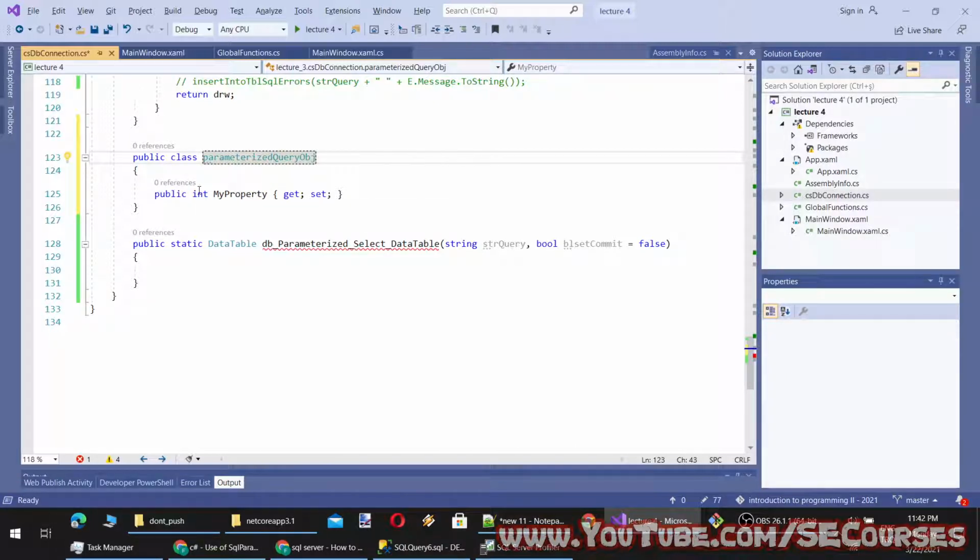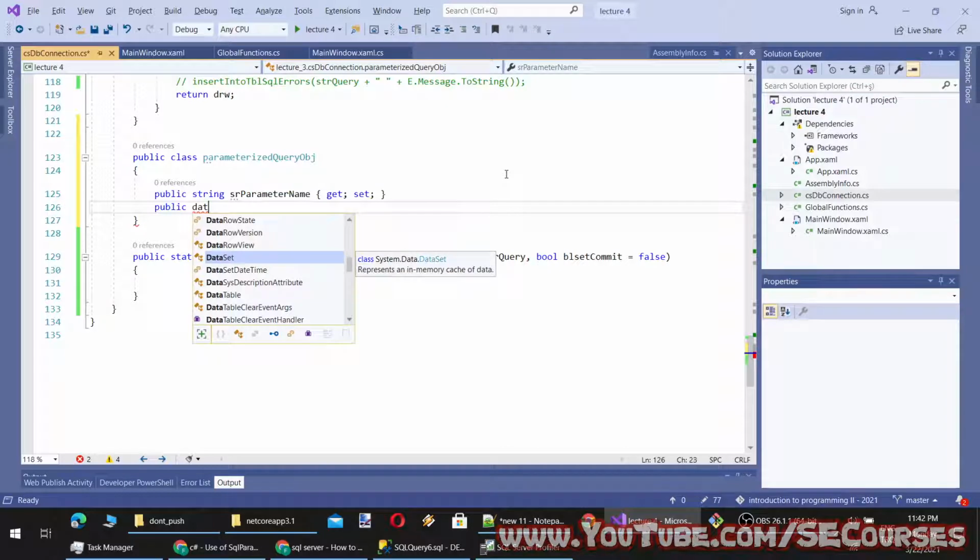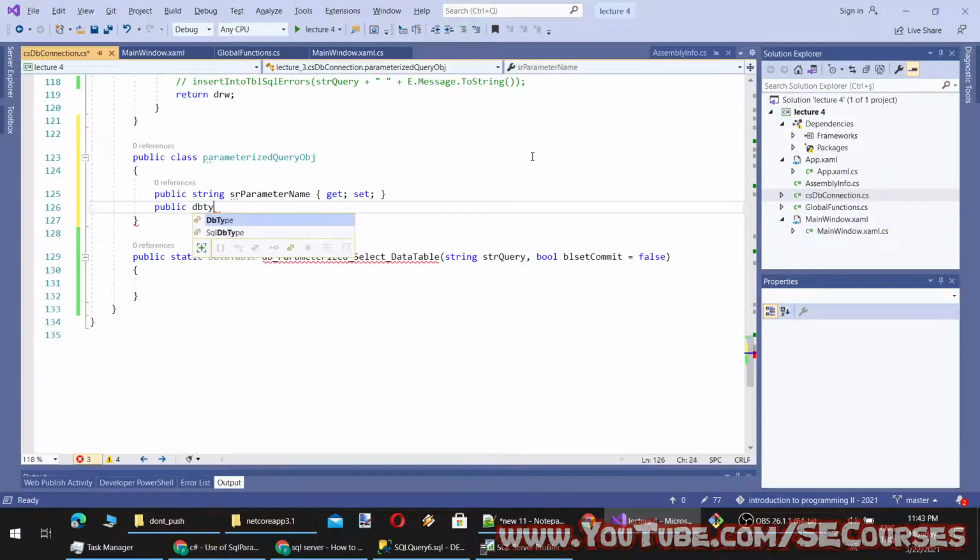The first one will be the parameter name, string. The second one will be the database type, so it will be DB type, SQL DB type. You see, it specifies the SQL Server specific data type, field, property, whatever.